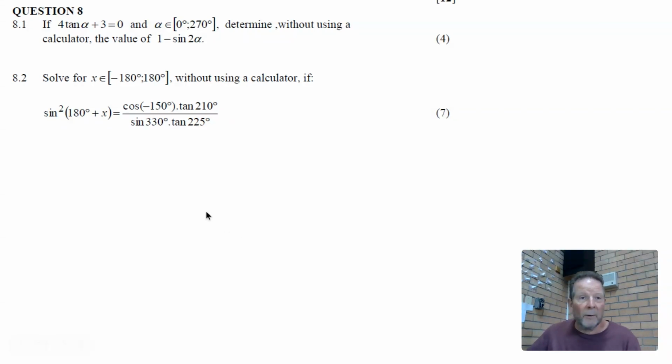Okay, let's try this question here. Another Pythag trig one. 4 tangent alpha plus 3. Hey, when we move that 3 over, it's going to be negative. Negative 3 over 4. Tangent's negative, but it's between 0 and